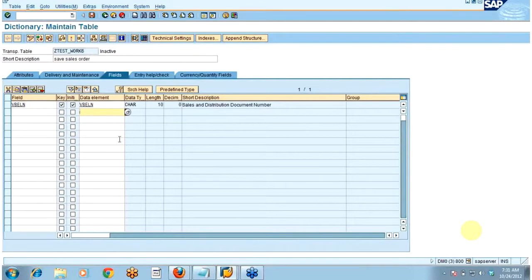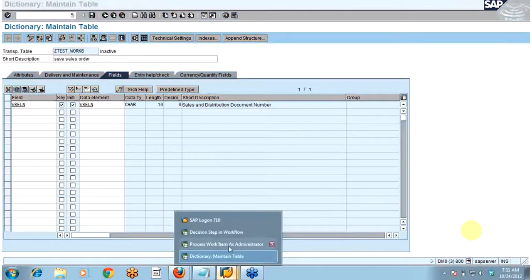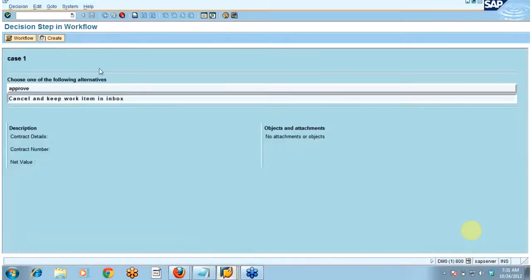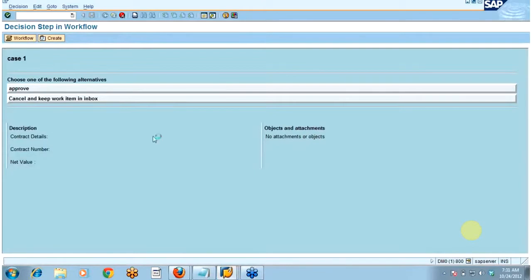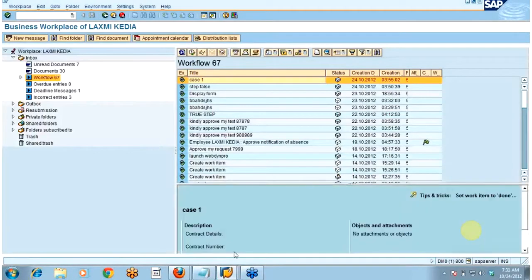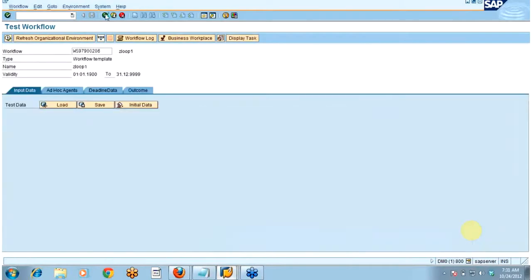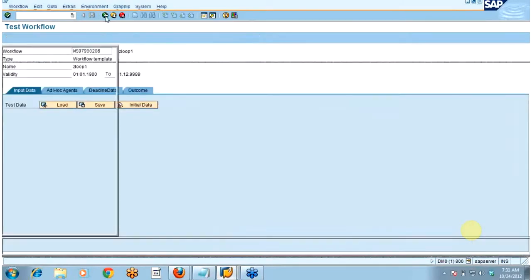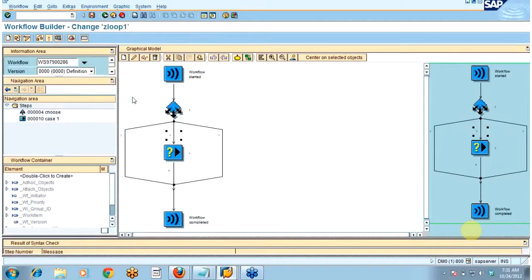So what I have to do next is I will be building one workflow. So here I will be creating one new workflow.